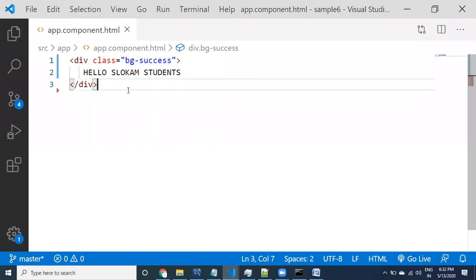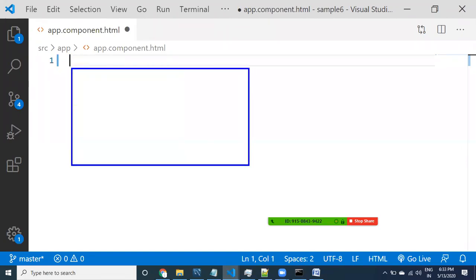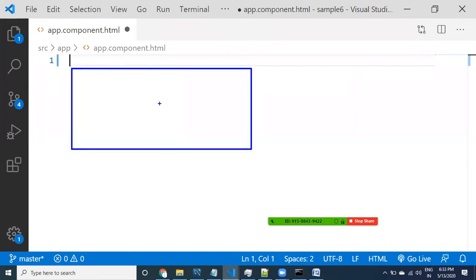So our goal today, the first goal, is creating a table. I want to display the employee table, displaying employee information in the form of a table.